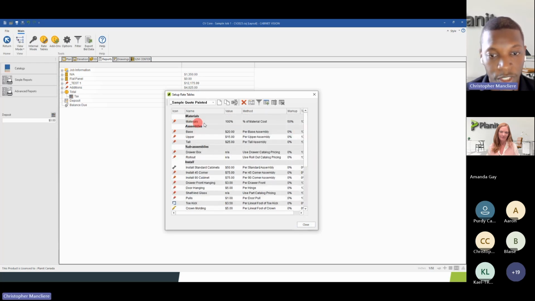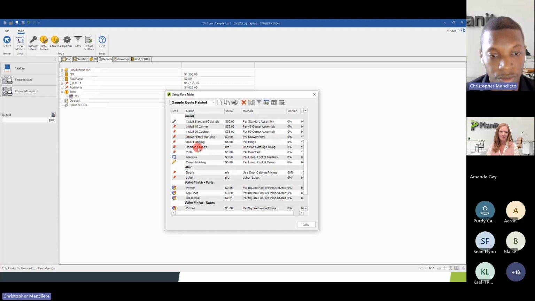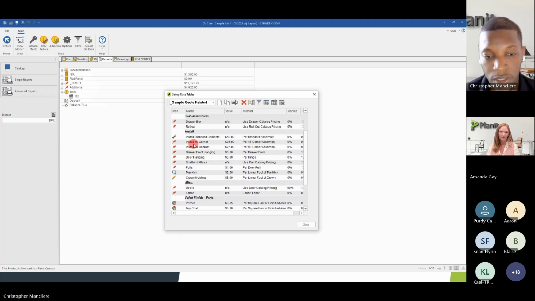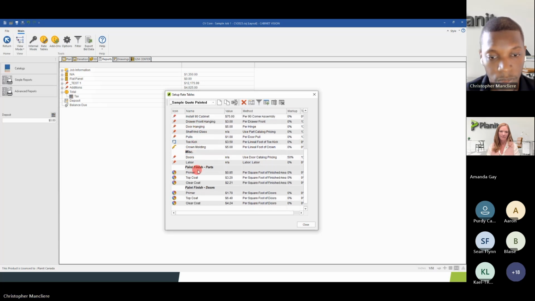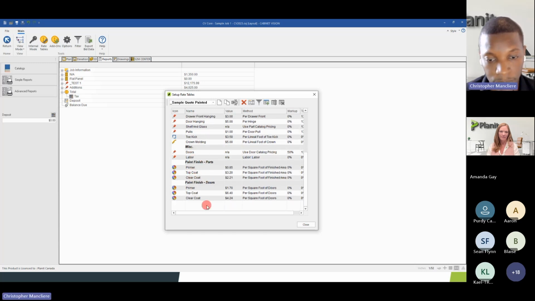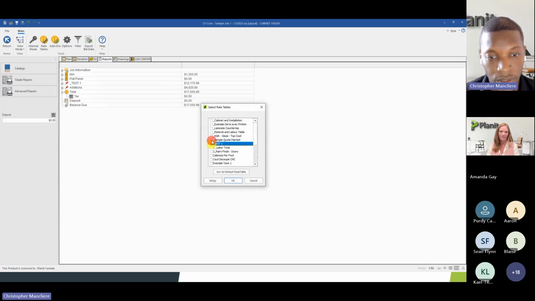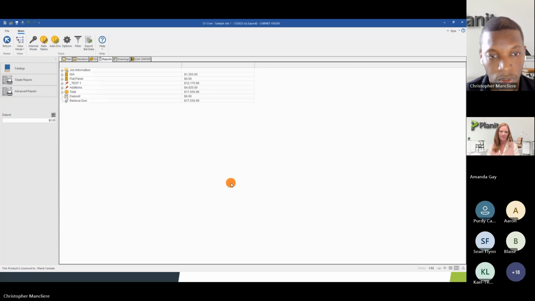setup done. So you will use material cost. I'll use assembly time. Subassembly is more to build the box, the drawer and rollout. Installation of hardware, of cabinets, of doors hanging, toe kicks, ground molding, and then door cost, labor cost, and finishing as well. So now if I turn this sample button, so now I can see